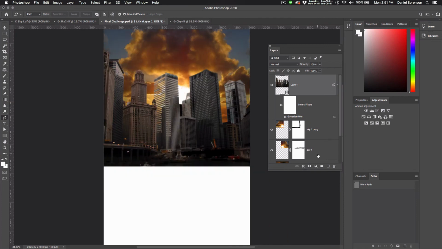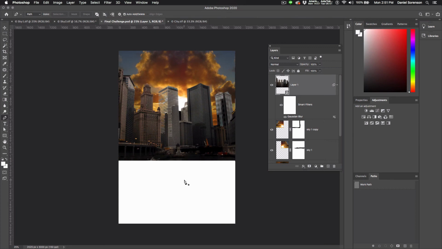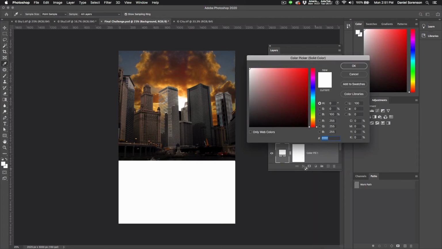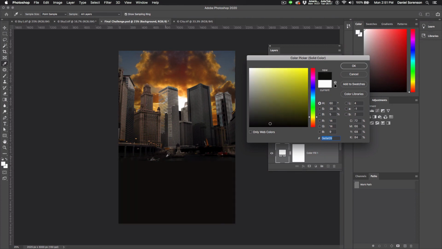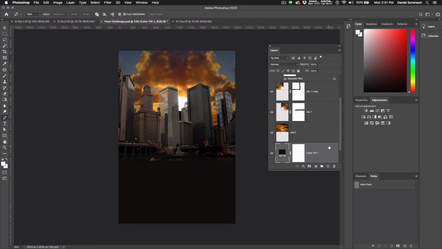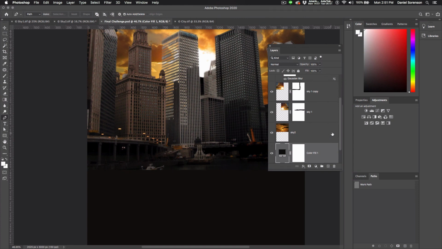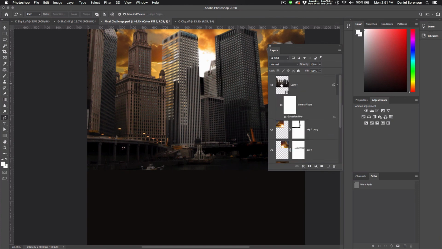Now let's zoom out. Now let's add a solid fill layer to the bottom here. So I'm going down to the bottom of my stack. I'll click on background and then add a new solid color. I'm going to sample the bottom of my city image and then say OK. Now I want the bottom of city to blend into this background and not have any kind of a hard edge there. So I'll go up to city, add a layer mask,